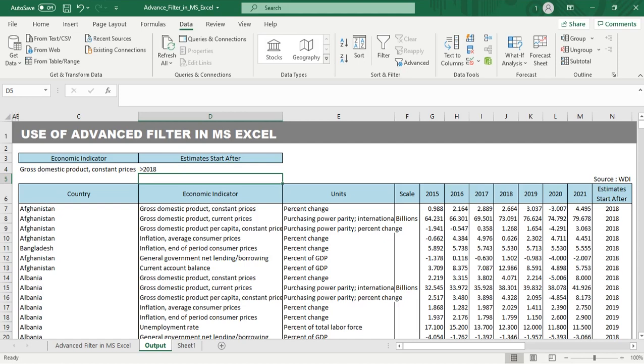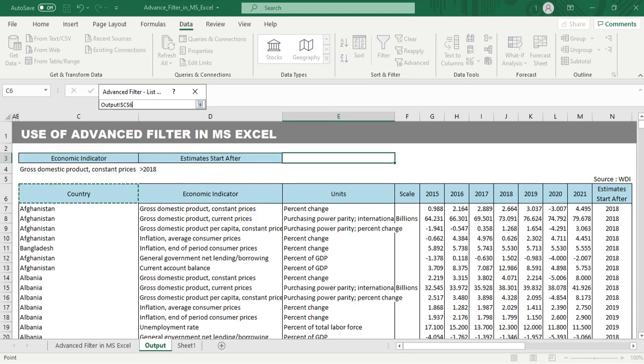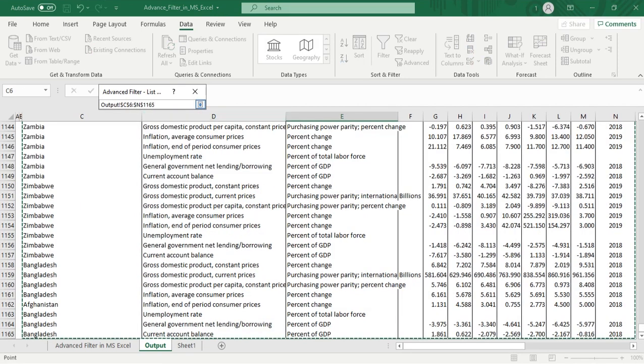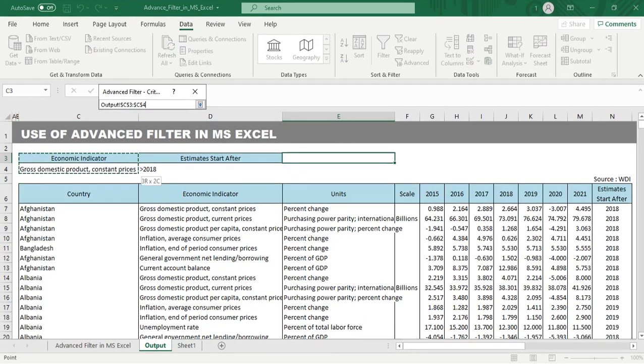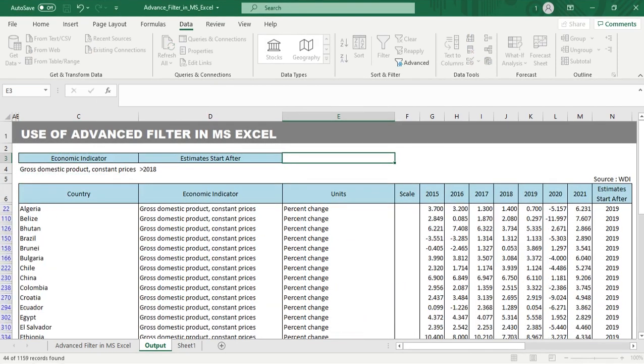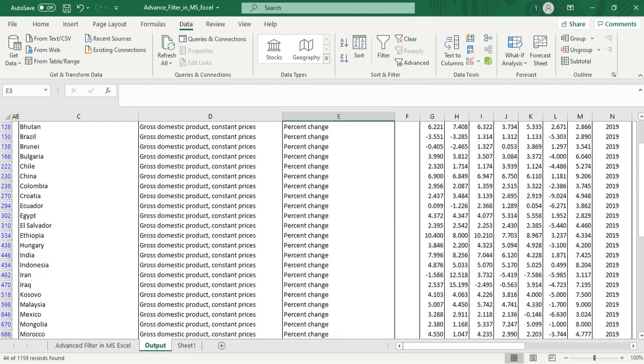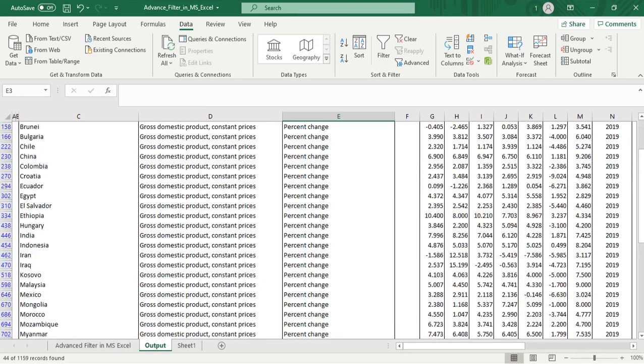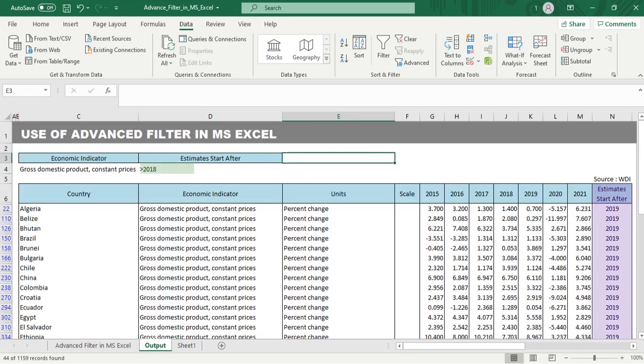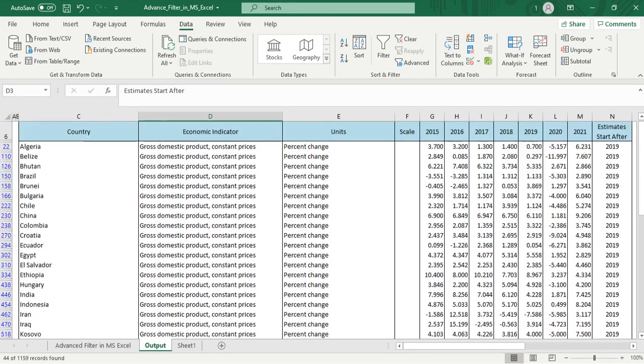We will use the advanced filter in the same way we had used in the previous tab. We will select list range and criteria range and apply the same. You will see that data has been filtered with respect to column N, where data is filtered for year more than 2018. Thus, advanced filter can be used to filter data for number using greater than, equal to, smaller than signs, etc. Similarly, we can add another parameter below the first criteria.